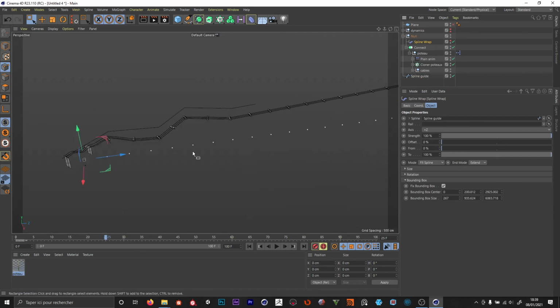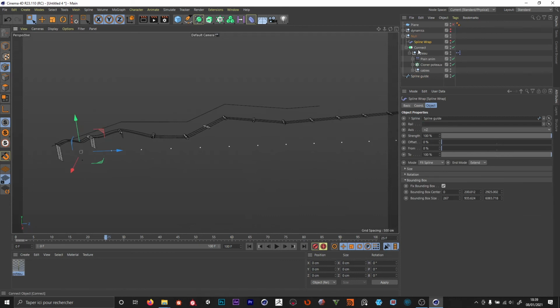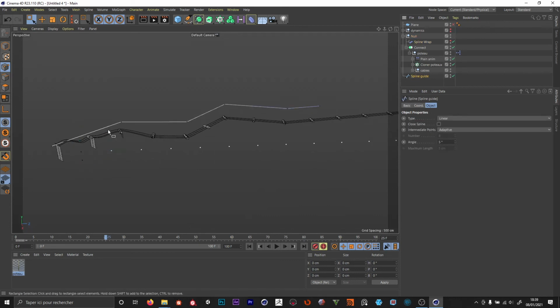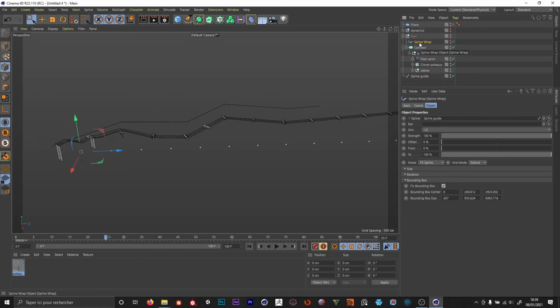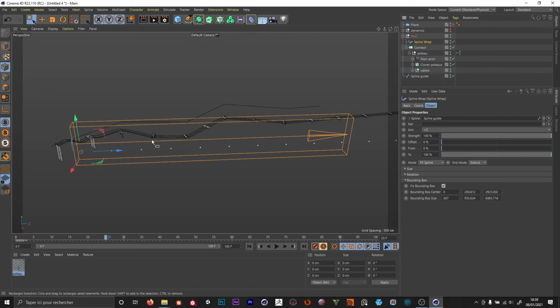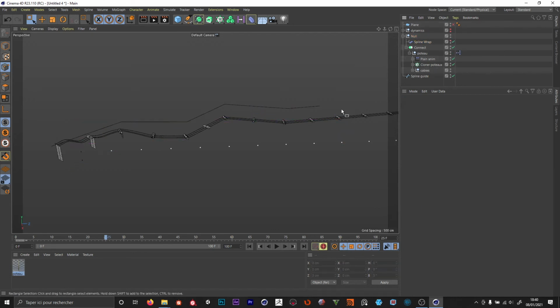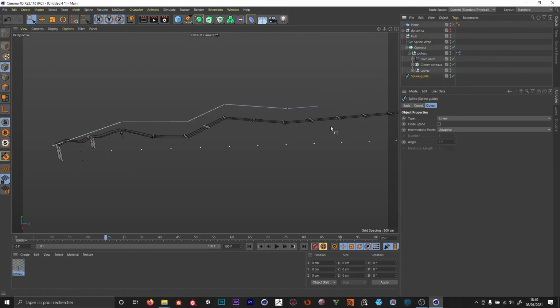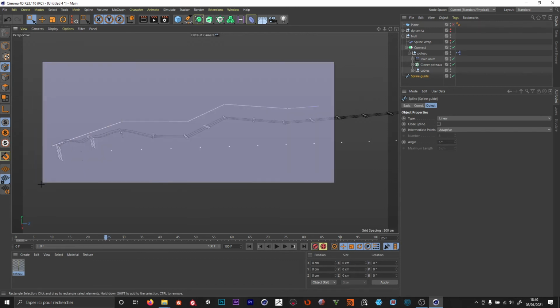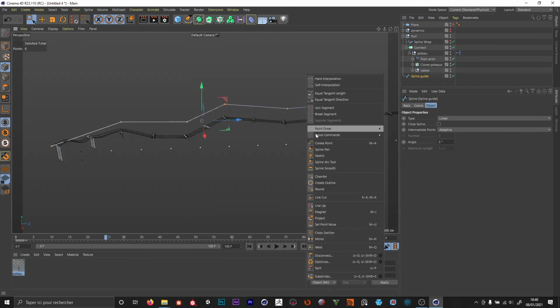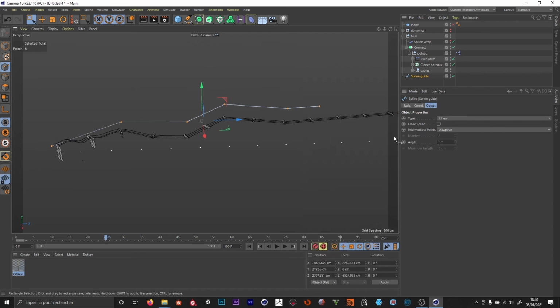So let me hide this, and I'm selecting my spline, so it goes from blue to white, and our spline wrap goes from left to right. So I'm just selecting my spline guide again and selecting the points. Then I right click and I just set the order to reverse sequence. So now we inverted everything,